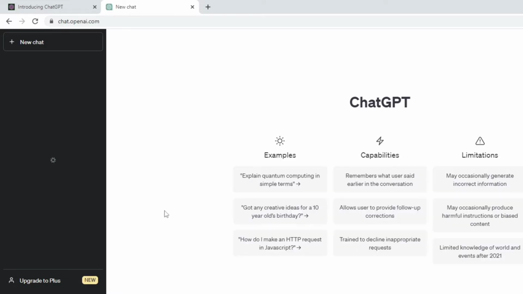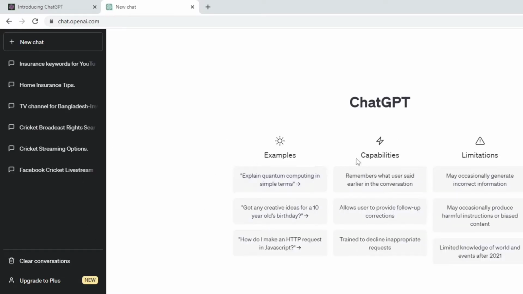So after that, this type of interface you will see. Now here you can see send a message, and here you can see new chat. You can see here clear conversation. So now type here